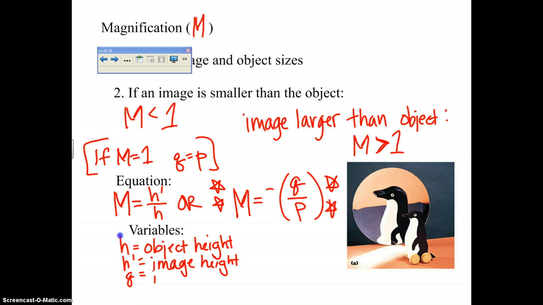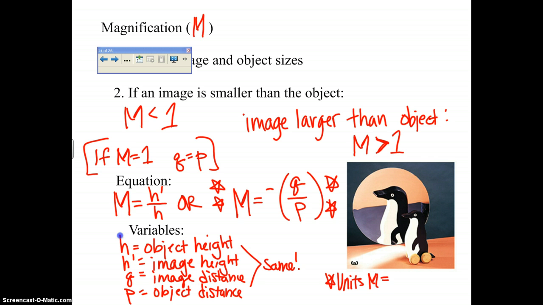Your q is your image distance, and your p is your object distance. Now, there's no variables written on here because, once again, as long as the variables are the same, it doesn't matter. Furthermore, the last thing I'd like to note is that the units for m equal none,